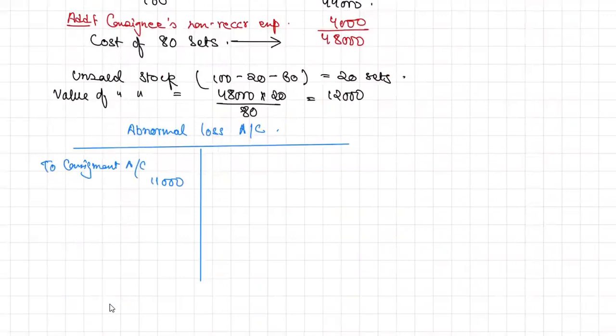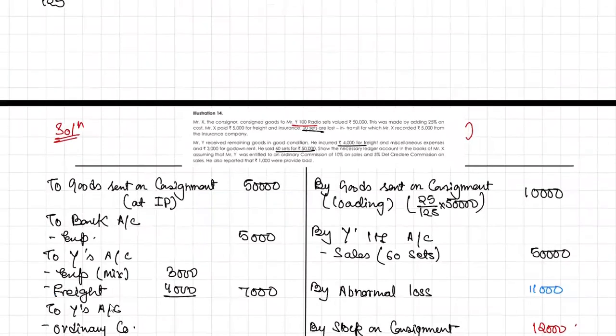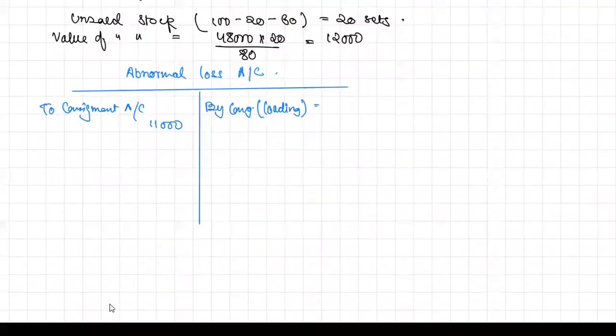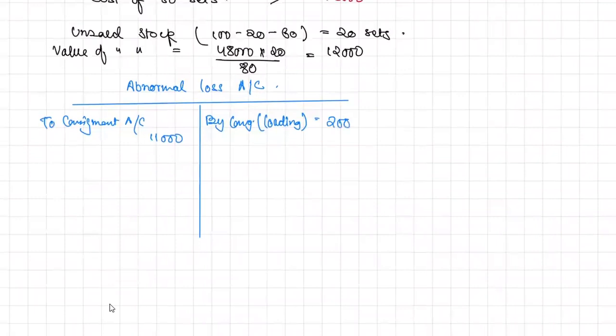तो consignment. Okay. Now see, इस 11,000 का होगा by consignment loading. कैसे कैलकुलेट करेंगे लोडिंग? वही सिंपल फॉर्मूला, 11,000 into 25 by 125. Okay. So 2,000. Now they have received